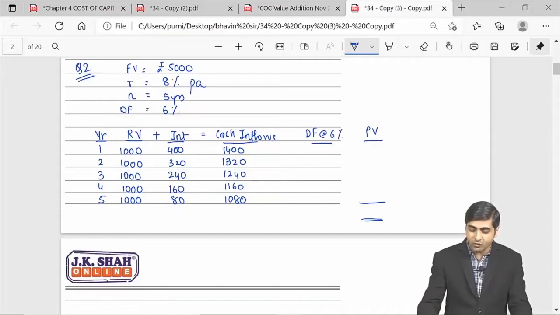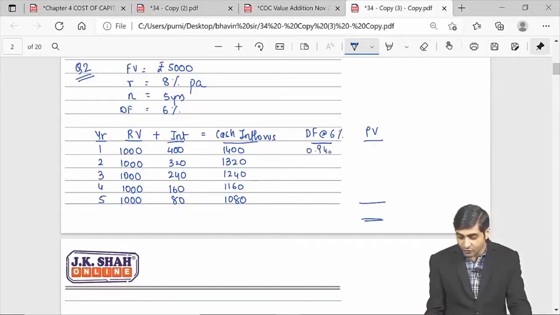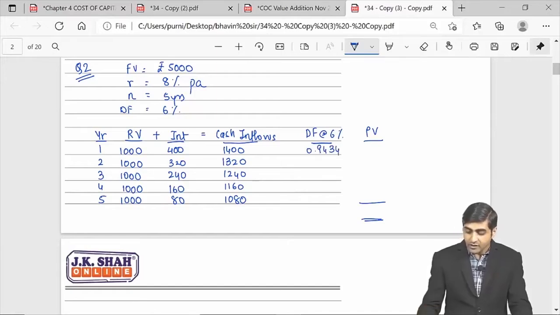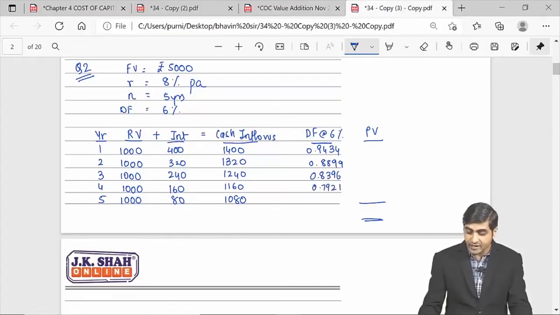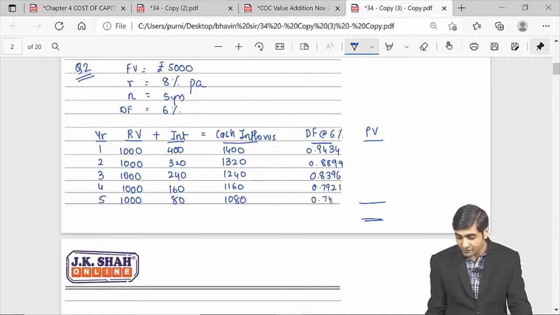So 1 divided by 1.06. So this will give you 0.9434. This will give you 0.8899. This will give you 0.8396. This will give you 0.7921. And the last one here will be 0.7473. So guys, after multiplying the cash flows with your discounting factors, you will be getting the present value, and